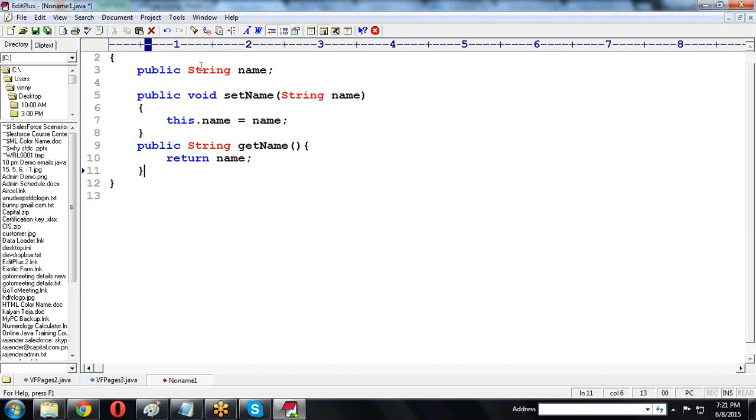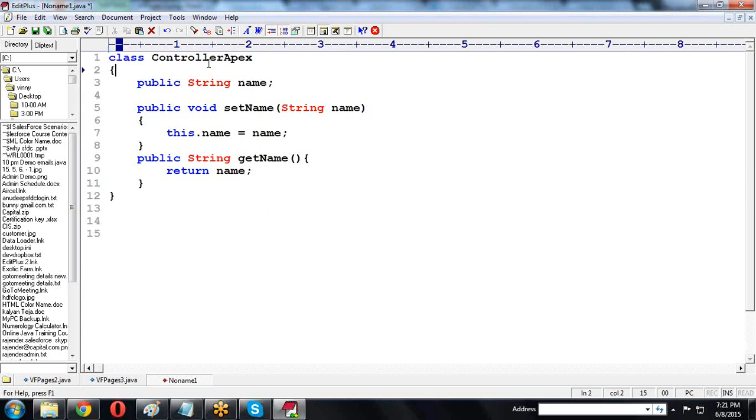So how to access this data, how to call the methods here? We create the object of your class. If you want to access anything, controller class, something a equal to new controller, we are creating in this way.